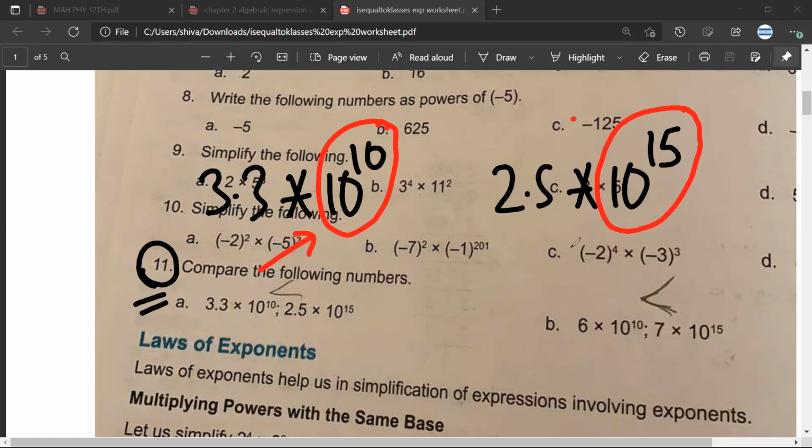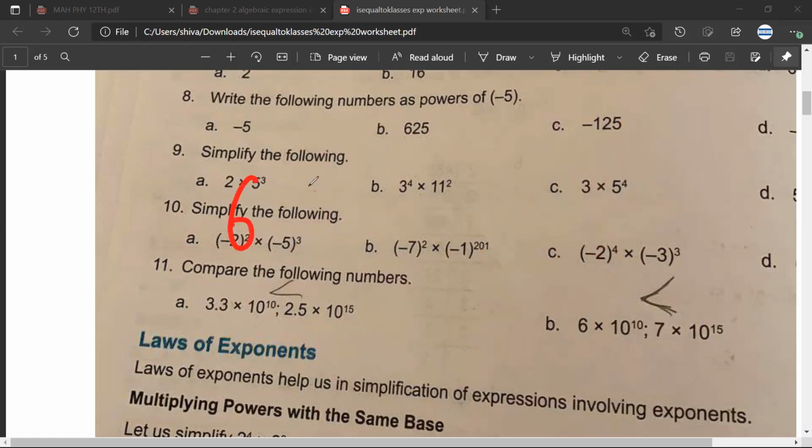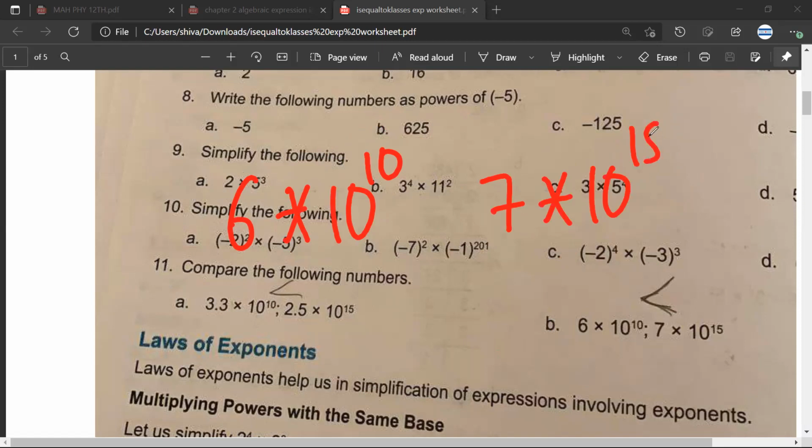See, is it clear that this number is bigger? Can you see this 10 raised to 15? Mr. Satya, can you see that? Yes, sir. Mr. Sarthak, can you see that? Yes, sir. So of course, this number will be bigger than this number. Are we clear? Mr. Sarthak, are we clear? Yes, sir. Now, out of these two numbers, which will be the bigger number, Mr. Sarthak? 7 into 10 raised to power 15. Satya, are we clear? Yes, sir.